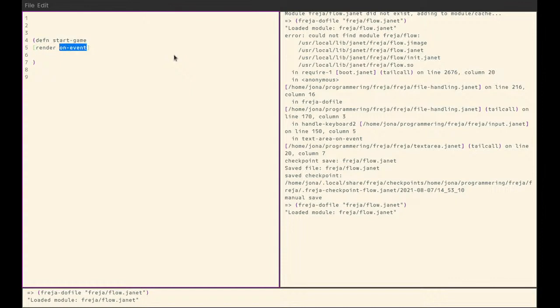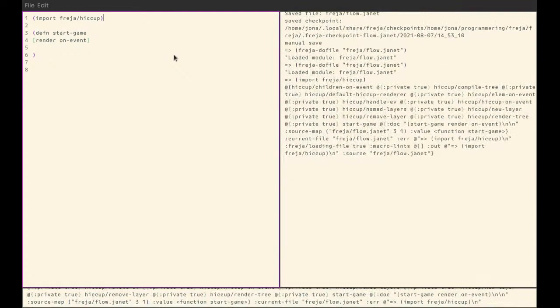The way you start using these render and onEvent functions, you need to add them to Freja somehow, and you can do this by importing Freja/hiccup, and in hiccup we have